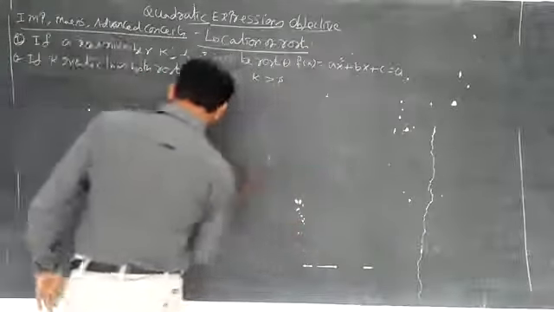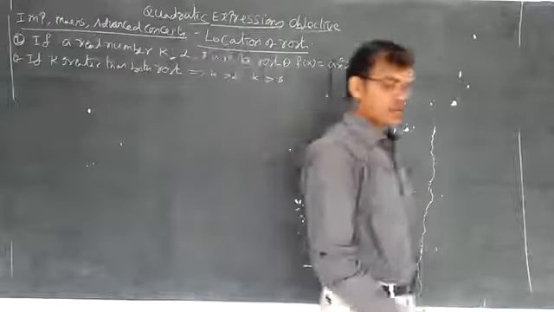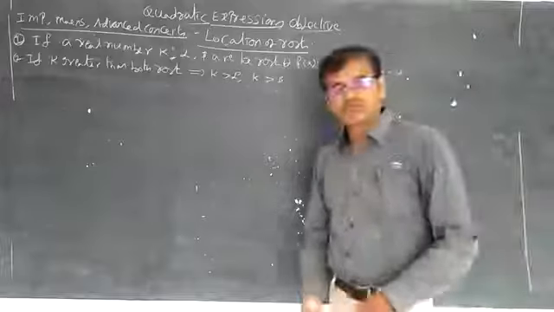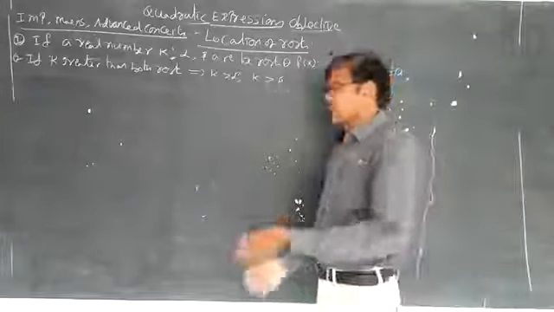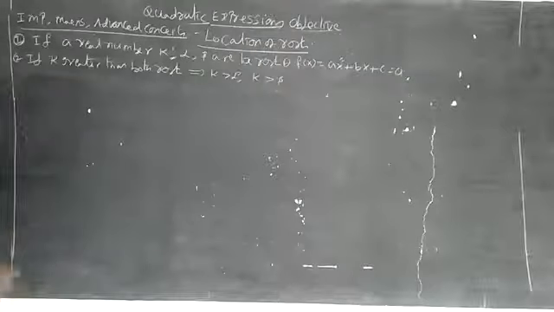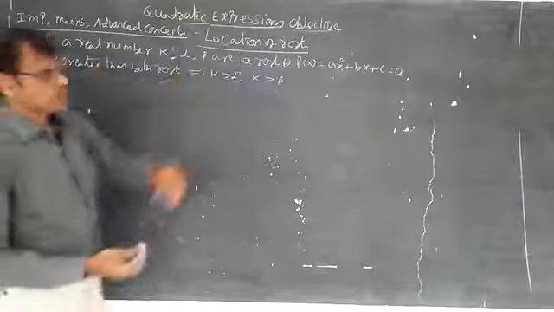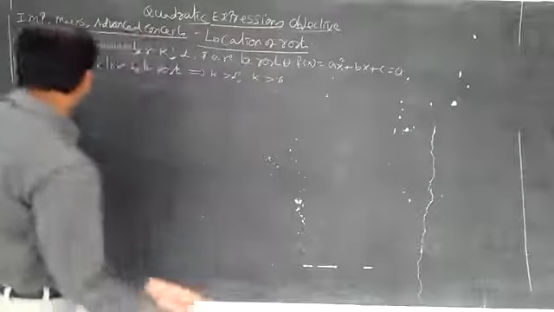A particular real number k. In the question they will give, if the roots are lesser than 5, if the roots are lesser than 3, greater than 3, like that. That is k. Whatever number will be given in the question, that is k here. Next, second question, if alpha beta roots are there. Once again you should get this one.